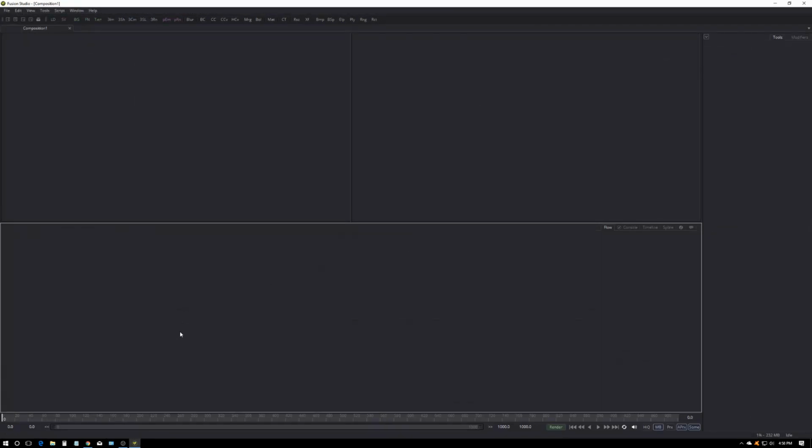Okay, when you open up Fusion, this is what you see at first. We have two viewers in the flow area where you do most of your work, and then a tool display over here. That'll all make sense in a minute. So first thing we need to do is load our footage in,